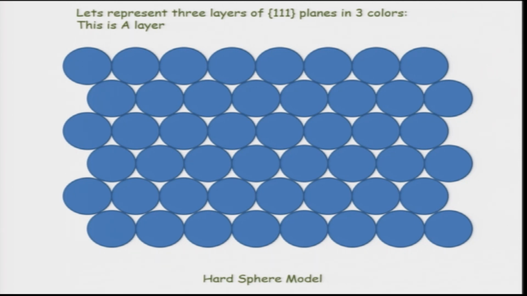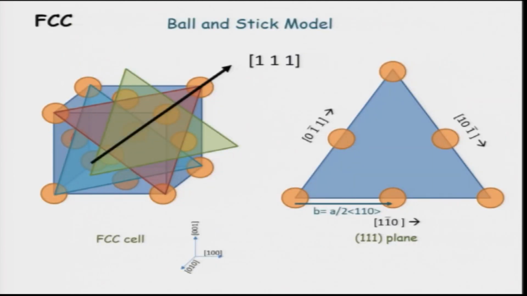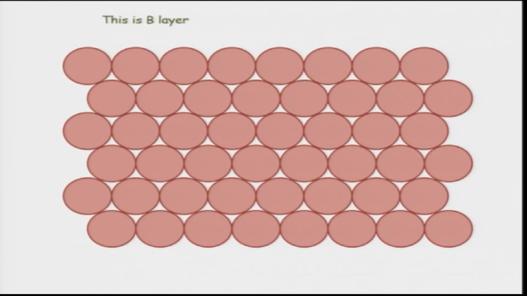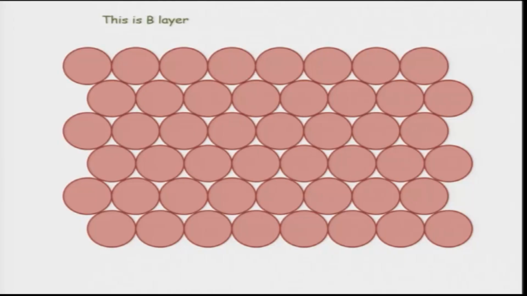Now, this is the blue layer, which is the first one over here. Let us call it layer A. How would layer B look? This is layer B. What is different here? Actually, if you look at it independently, there is nothing different. This layer, shown in red or orangish color, has exactly the same orientation. Here also you would see the triangle where the sides represent the 110 direction. But what will be different is their relative orientation with A.